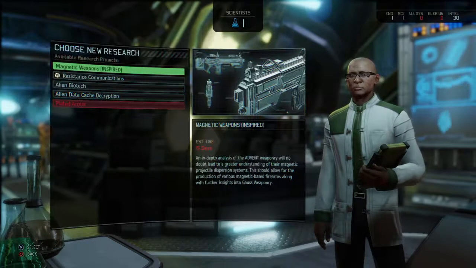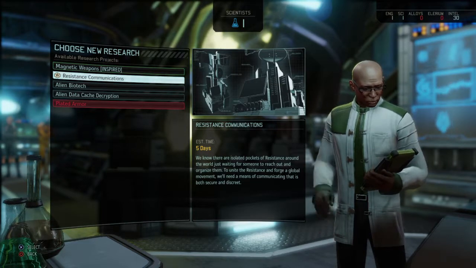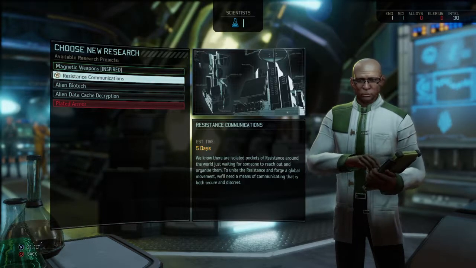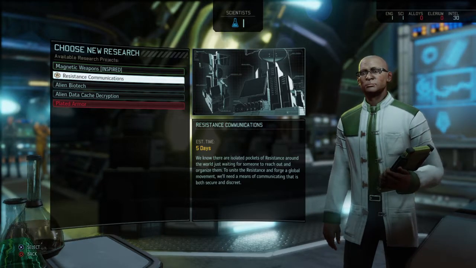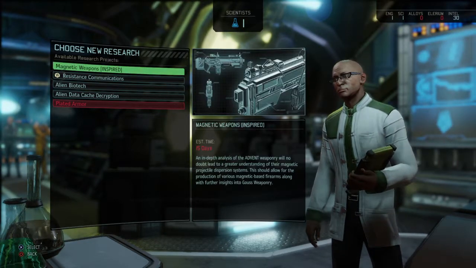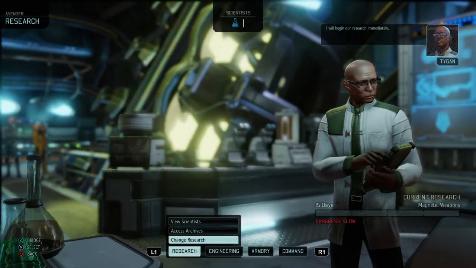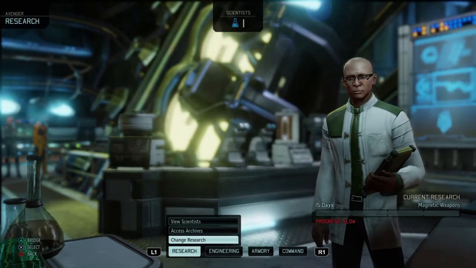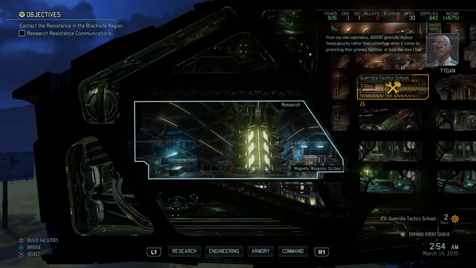Alright. Yeah, it's going to cut it down 15 days. Next thing they really would like is me to do resistance comms. 15 days is a long time, but it's a lot less than it was before. Ah, that is tricky. Let's bite the bullet. Begin our research immediately. Because if we get mag weapons up,